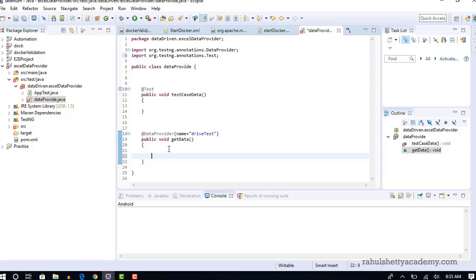Now I need to send 3 sets of data. So for that, if you are sending multiple arrays, we say that it is a multi-dimensional array. If you are sending a single array, it's a single dimensional array. So the name itself suggests that. So right now we need to send 3 sets of data. So for that we need to declare a multi-dimensional array object. So how do you do that? Let's see. Object data equals to,